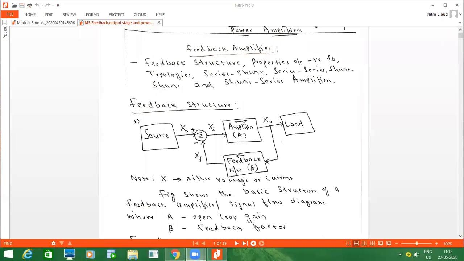At the same time, this block diagram we already discussed at the time of the oscillatory part, the concept of feedback. Before concluding whether it is a negative or positive feedback network, correct? We are using this particular block diagram for concluding that type of feedback network. So here also, before concluding this is a negative feedback amplifier, we have to check these two signals, XS as well as XF.